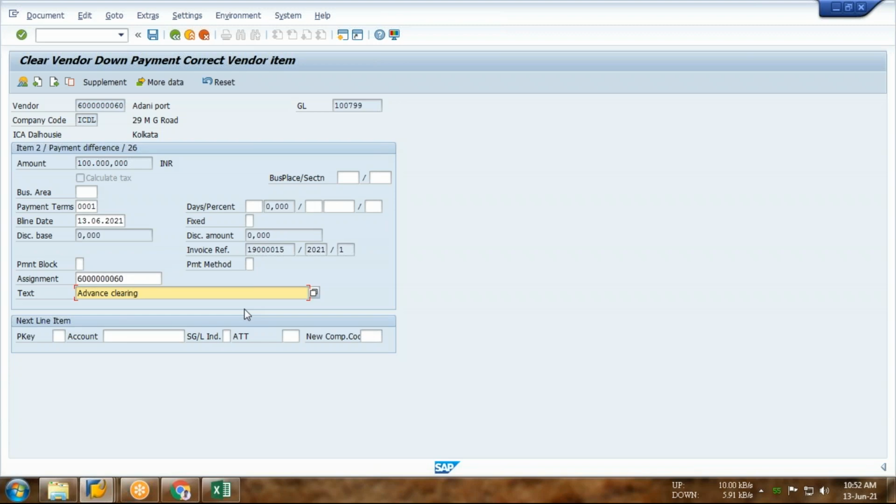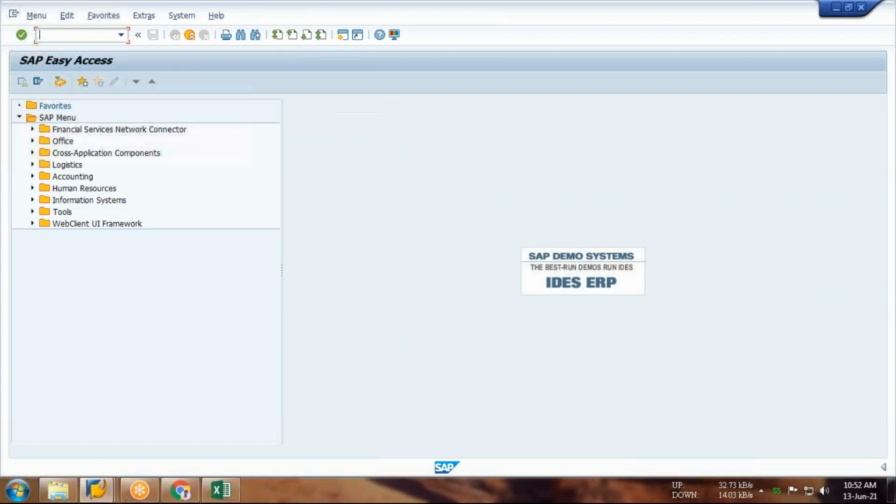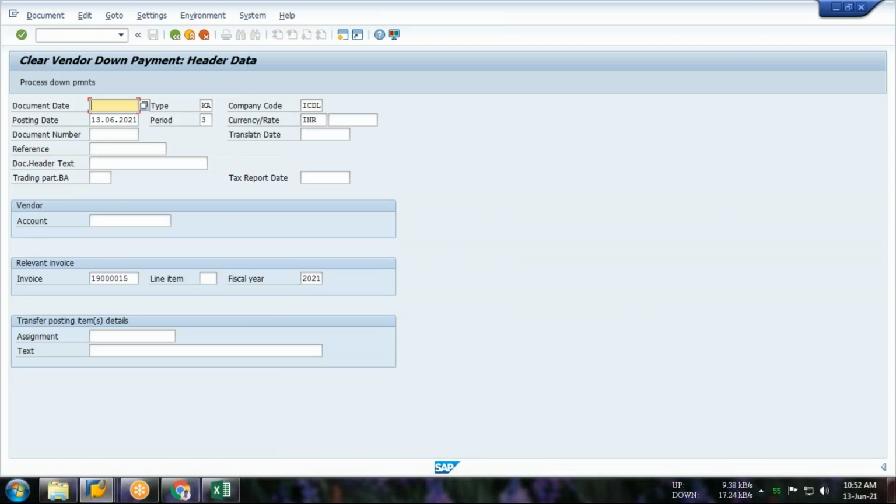Guys, have you understood, or once more this adjustment entry? Sir, once more. What is the T code of it? That is F-54. Enter. So the document date will be what? It's today's date, 13/6. What will be your vendor account?